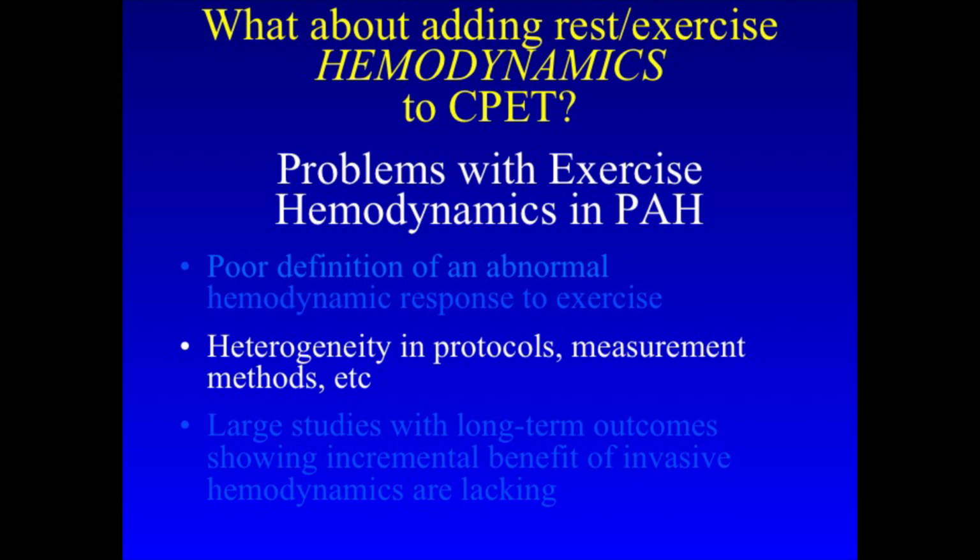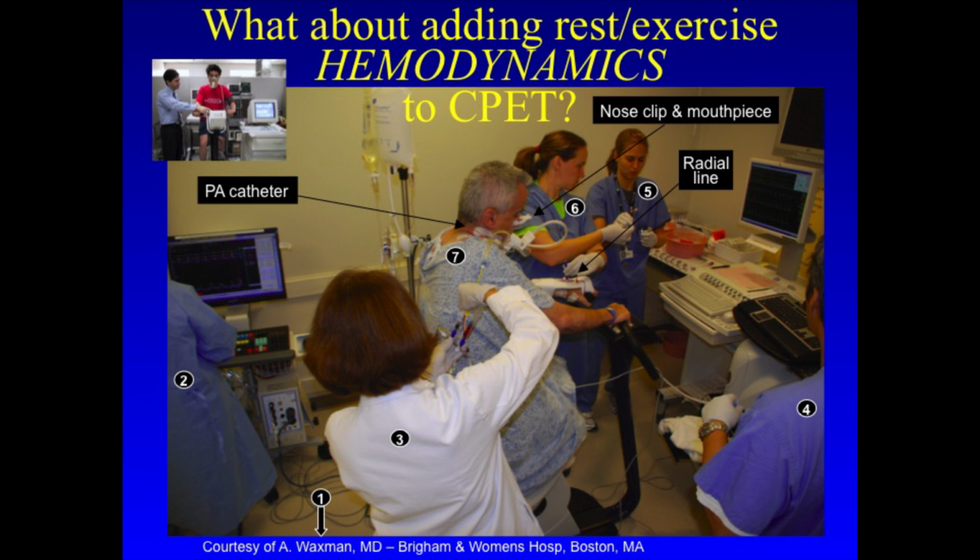And then measuring, how do you measure it? There are chest wall movements that increase intrathoracic pressure. Well, here's how they do it at Harvard. There are more people in the room than you would really be comfortable with in our lab because we don't have enough space. So you see the patient has the PA catheter, you see the patient has the nose clip in place, they also have a radial art line, and you see all the machinery going around here. And if you actually count out the number of individuals that are in this room dealing with this one setup,